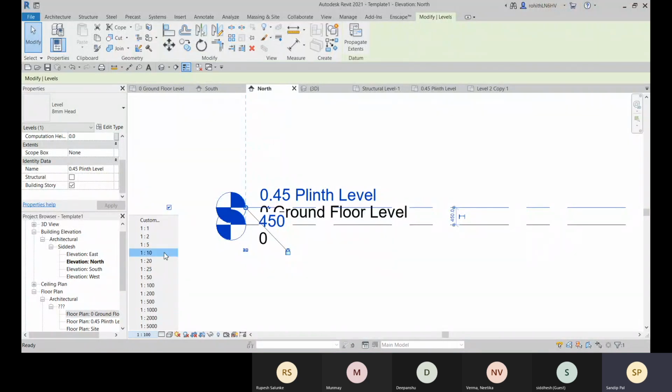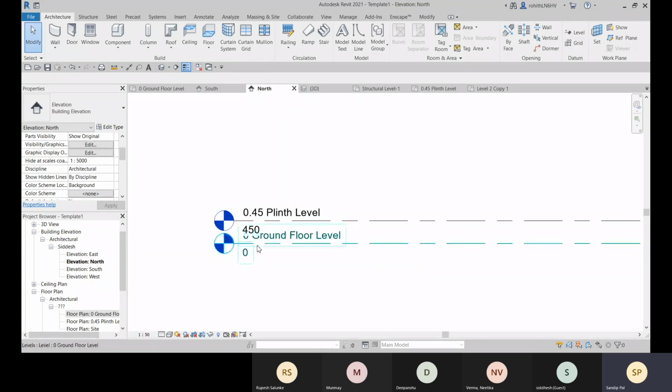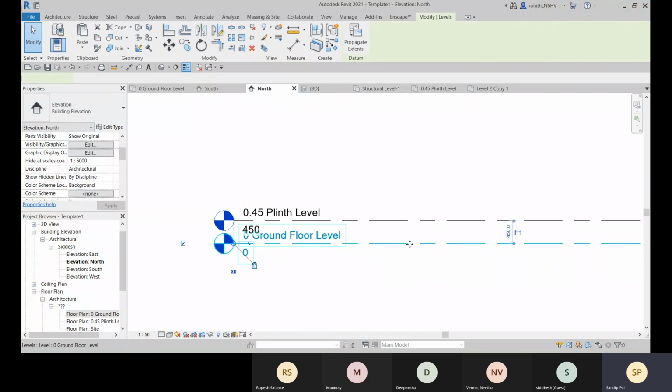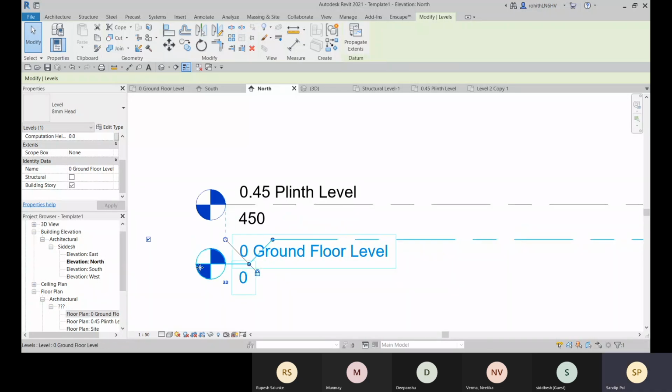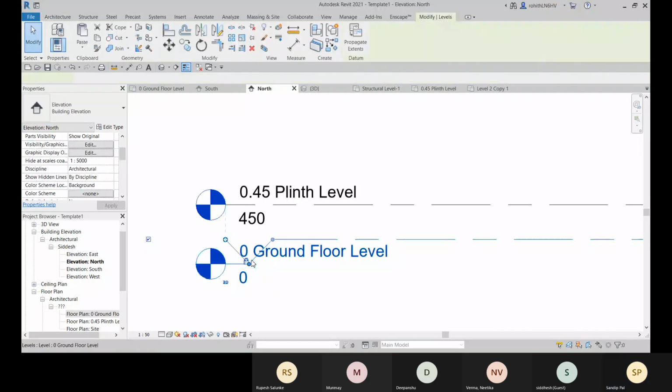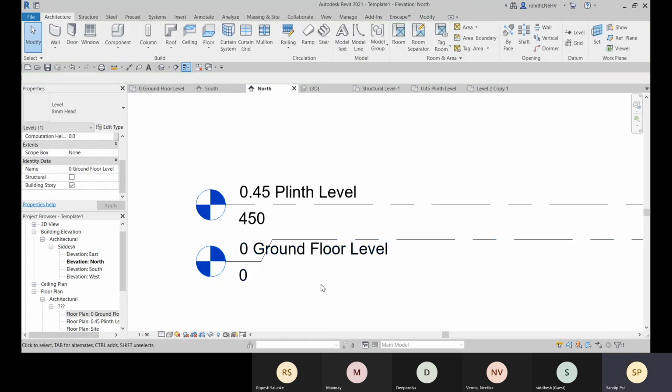And now I'll change the view scale. Okay, so that is added. This is the view scale. And in this particular view scale, if you see that this text is overlapping, so now you can select this. And here we have the option to add elbow. And this will be added. One elbow will be added, and you will find this grip points for this elbow, and you can adjust the elbow. Okay, so that you can do.